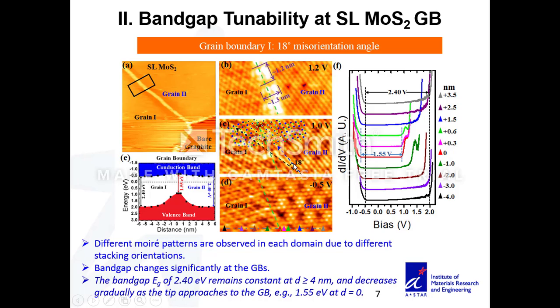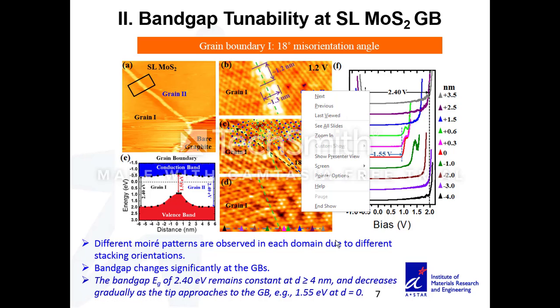You can see here 18 degrees, and we record the bias-dependent STM image at the same region, and find that the bright protrusion only appears at high scanning bias, and then disappears at lower tip bias. Like if I go to minus 0.5 volt,